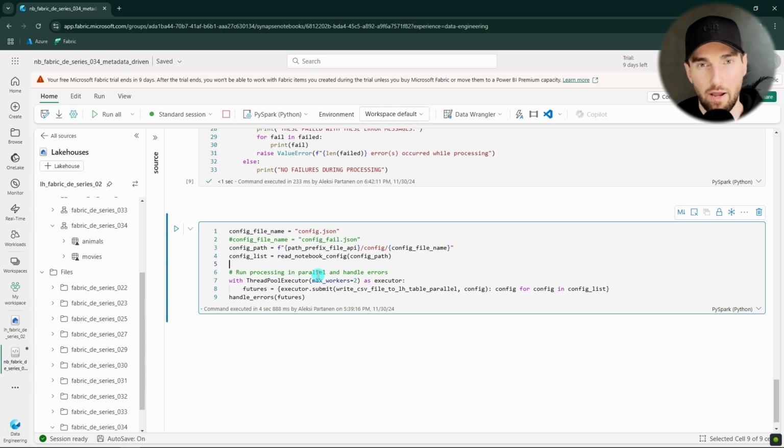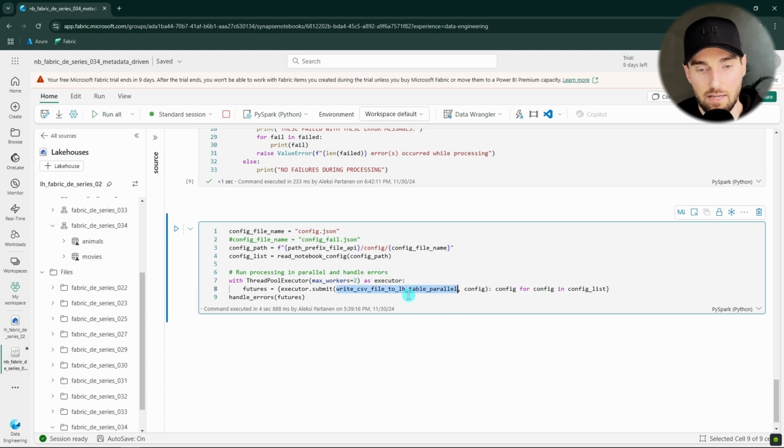There are also other ways in Spark to parallelize things, and if you have really big data and you're running this on a huge cluster, I would recommend looking at Spark UDFs, or Spark user-defined functions, that we're not going to cover in this video. But that is just a tip for what to look for if you have way bigger data at your hands. But with this we are running 2 parallel processes at the same time,